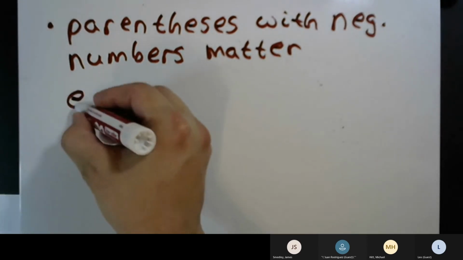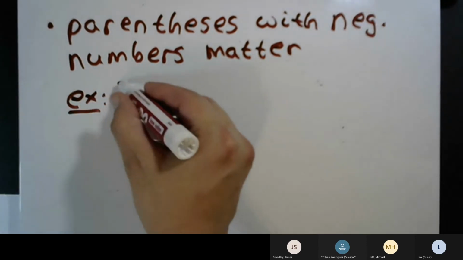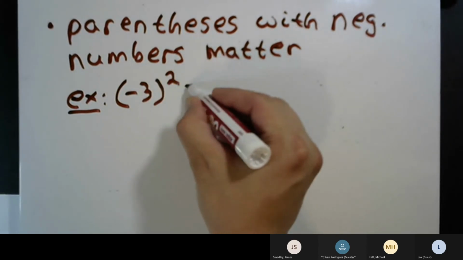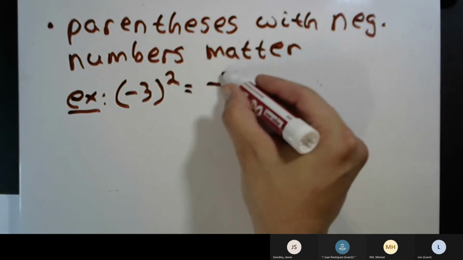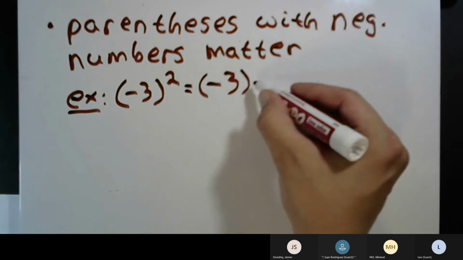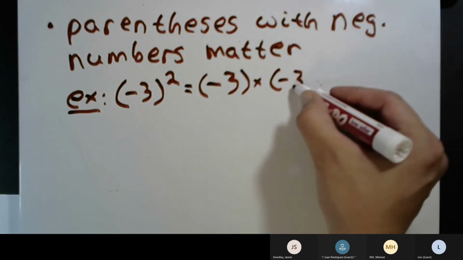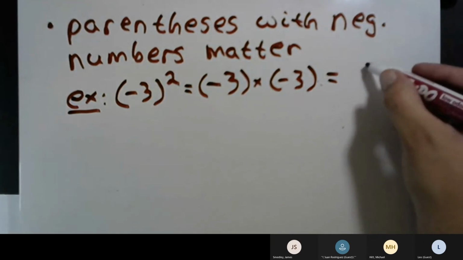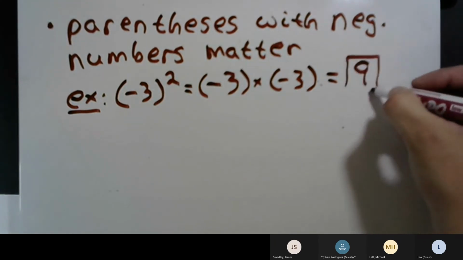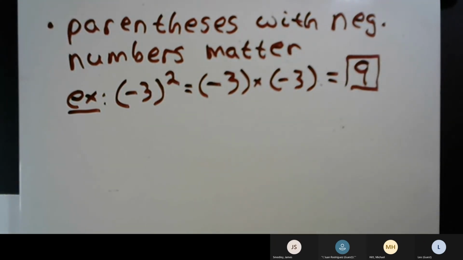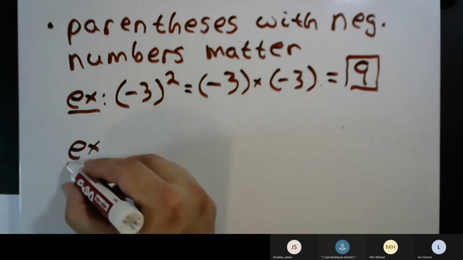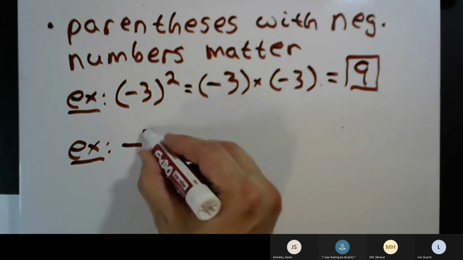For example, if you take -3 and give it a power of 2, that's -3 times -3. The signs are the same, so you're going to get a positive answer, 9. But if you see something like this, and this is a tricky one that will come up from time to time,